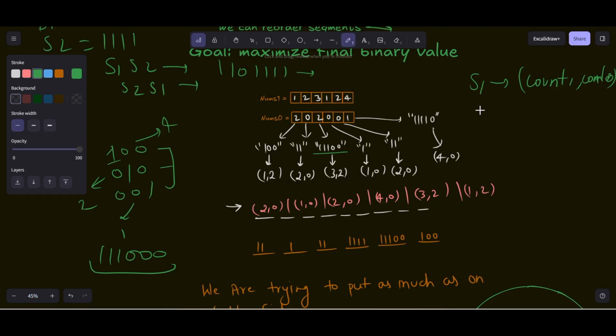Similarly we can represent each segment with the help of a pair. So the first segment is 1 comma 0, the second is 2 comma 0, and the third is 3 comma 2, and so on. So our idea is simple. We will place first the string which has more ones. Like for this string you already saw it. We will place the string which has more ones